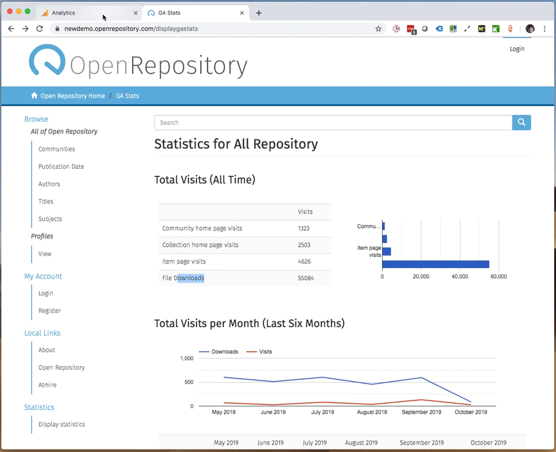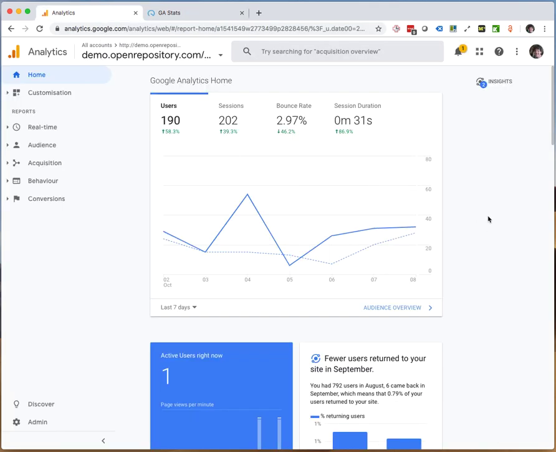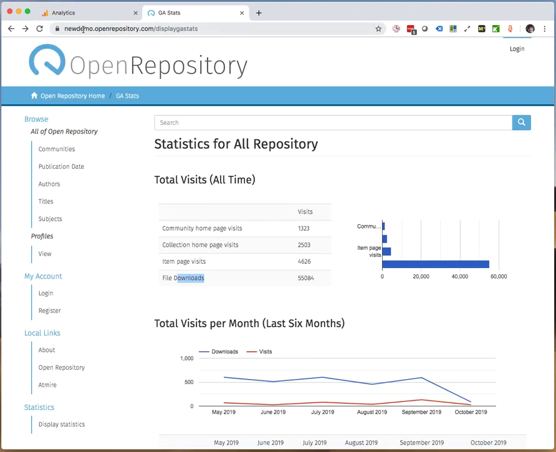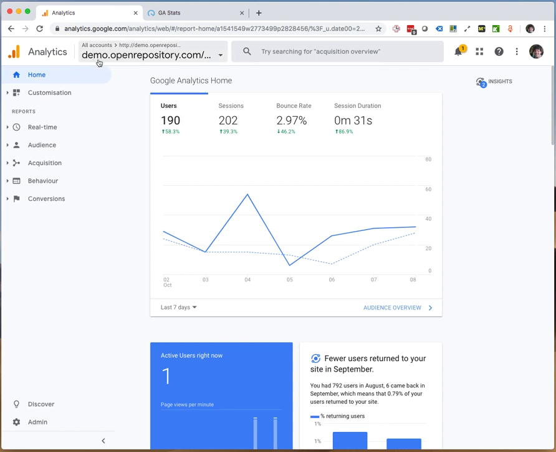Switching over to the Google Analytics UI, where I will show a few ways how to get overall repository information, when you land, make sure you are on the right URL, on the right website property if you have access to different websites in your account. So here I did select demo.openrepository.com. Nowadays it's called new demo, but originally when this was set up, it was called demo, so it is the same property. And one of the places where we can start is the audience